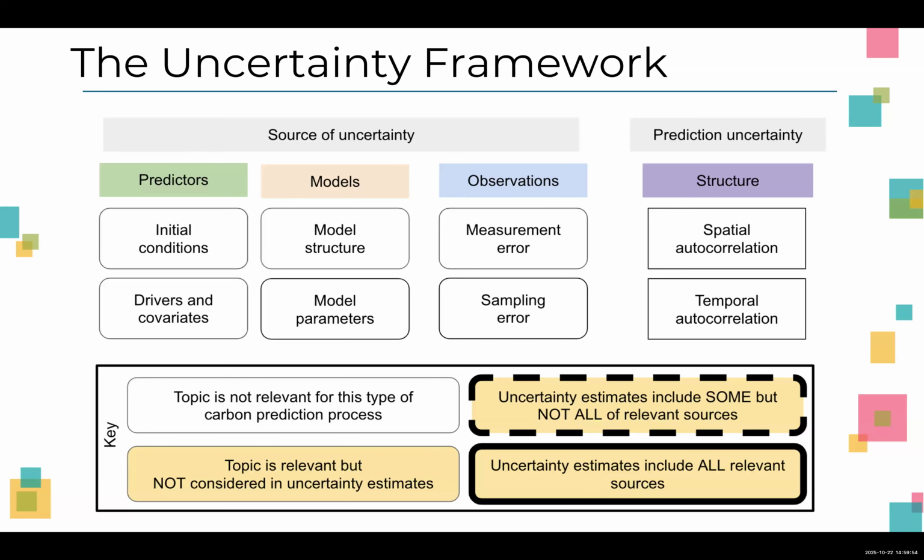Well, so on the left-hand side are the different places where uncertainty can come into play. So we had the models, the sources, the predictors, the models, and the observations, and all of those have potential uncertainties, right? And the whole point of the framework is to be able to say, as a producer of knowledge, a map, let's say, I have an idea of what some of those things are that should be in my map. I have an idea of which things in my modeling process are not relevant, and I have an idea of which things are relevant and that I've done a good job with. And the point here is,